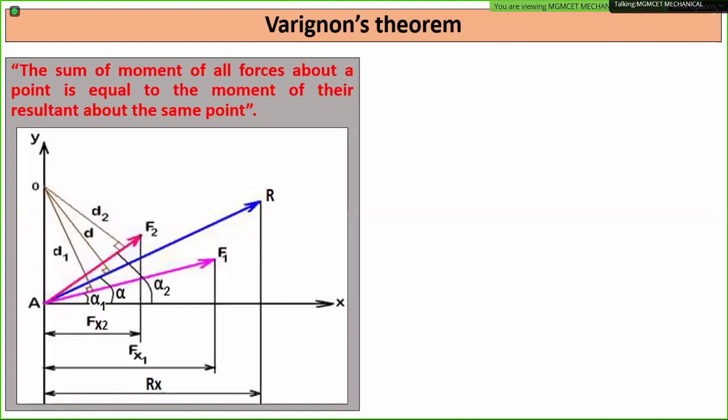So here what we are considering, two different forces are given, F1 and F2. These are the two forces, that purple color the one. Inclination of F1 with the horizontal is alpha 1. Inclination of F2 is alpha 2. And R you can see is the resultant. Blue color figure is the resultant of the force F1 and F2, and that you can find out by the parallelogram law. What is the parallelogram law? If two concurrent forces are represented in magnitude.